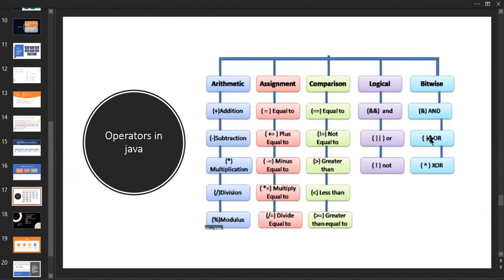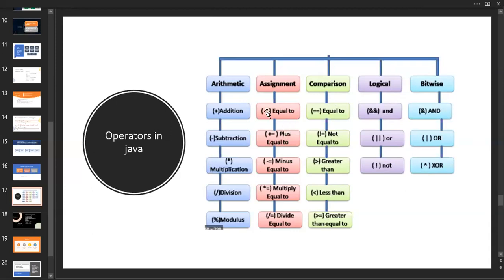Or in the sense of conditions: if, else if, or if else. At that time, we are going to discuss these. The same with for loops; inside for loops, you are going to use this.